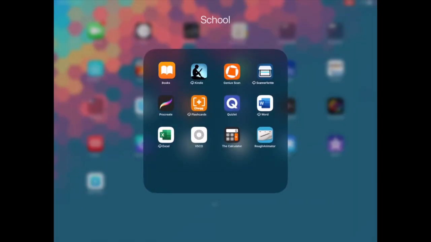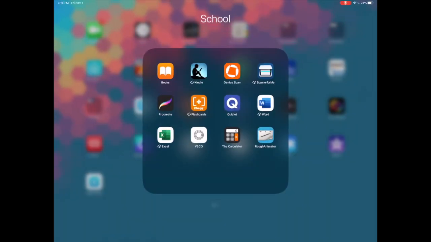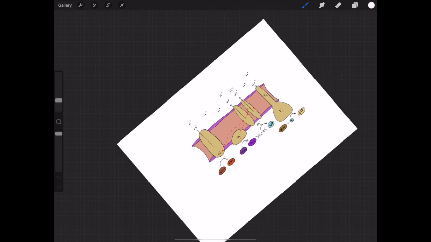And then, so Kindle's basically the same idea, except if I get the book on Amazon, it goes to Kindle instead of books. I've got a couple different scanner apps because sometimes they only let you scan a limited number of pages before you have to pay for the app. So I've got a bunch of them on here for some reason. I've also got Procreate and Rough Animator because I like them. This is an example of something I drew in